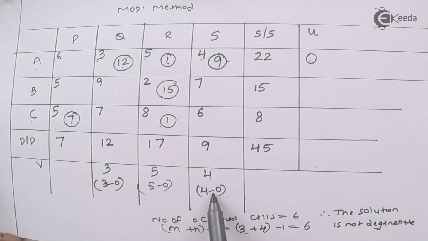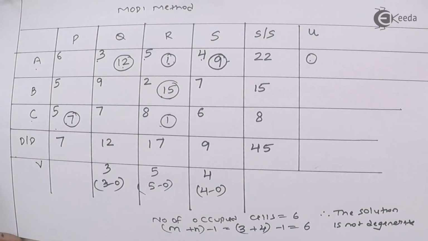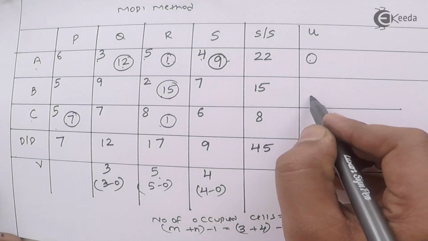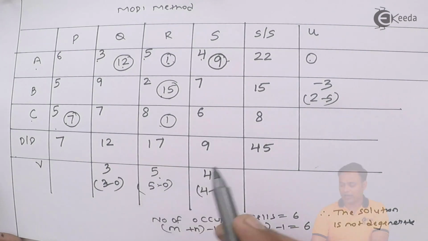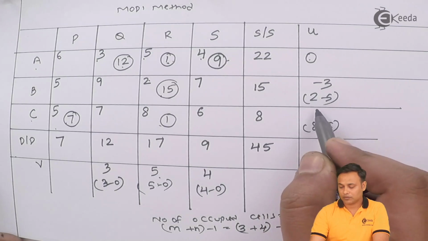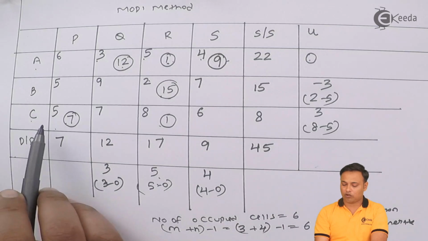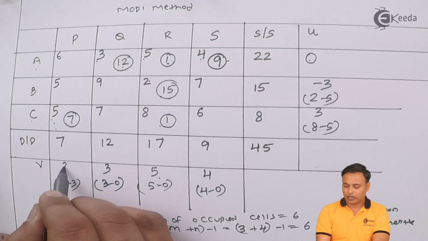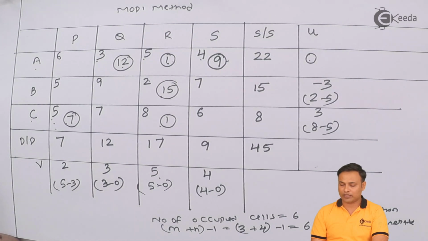And 4 minus 0 will be 4. Then we have 2 more occupied cells in this third column. 2 minus 5 minus 3. 8 minus 5, 3. Then in this particular last row I have got one more occupied cell here. 5 minus 3, it will come to 2. With this I have done with all the U and the V values, and now we are supposed to calculate